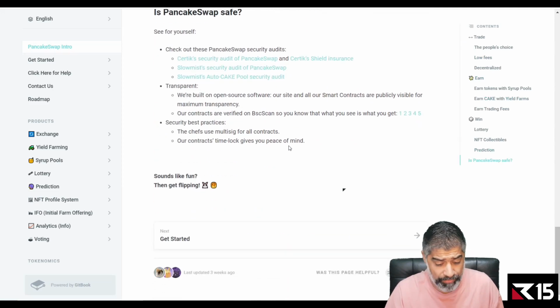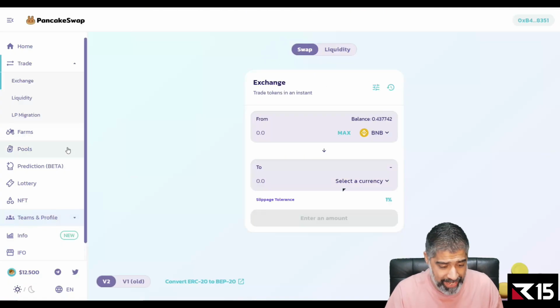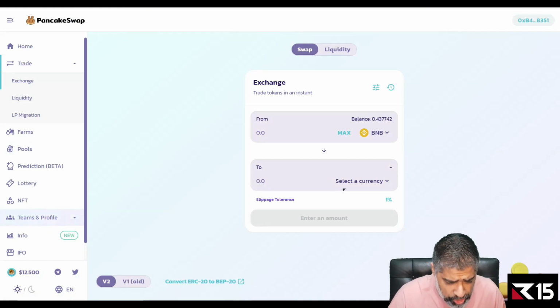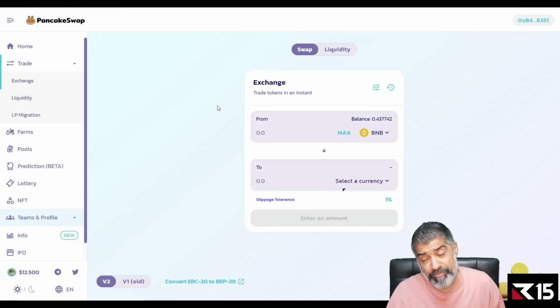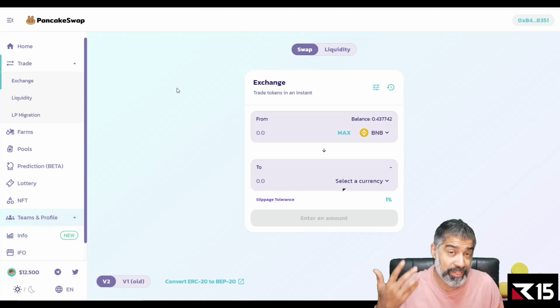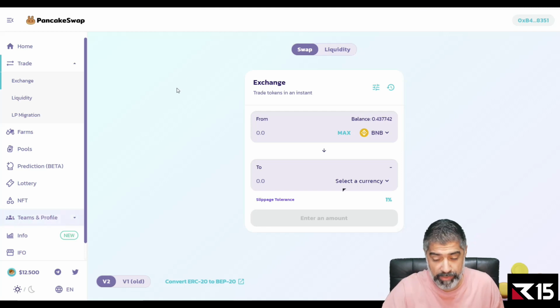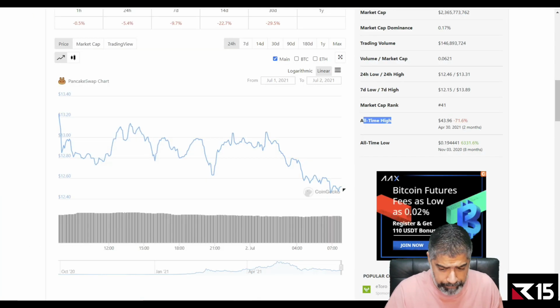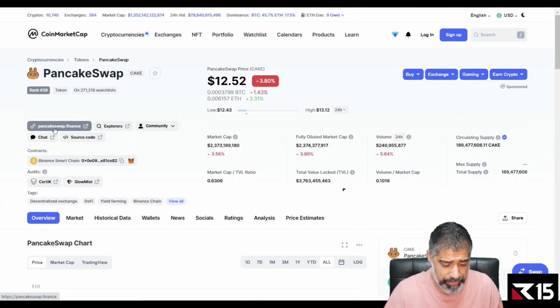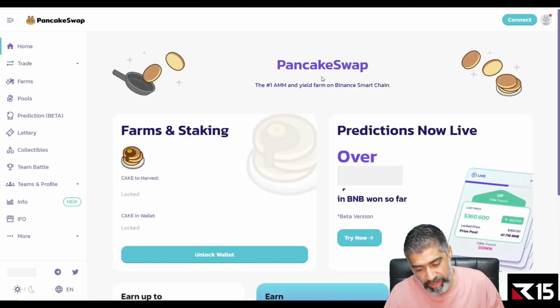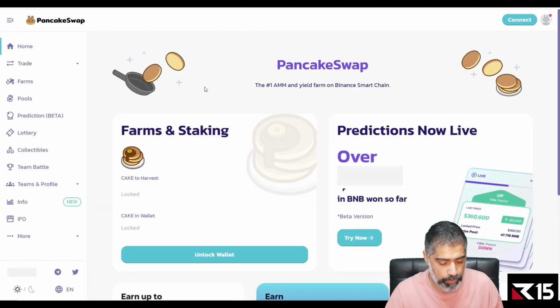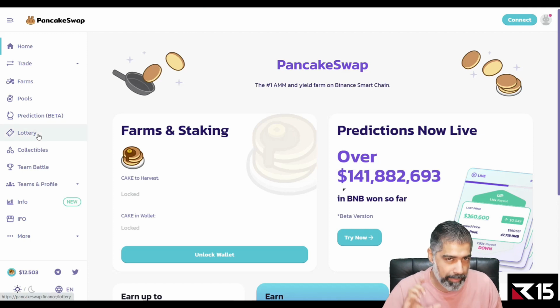If you want to go over this yourself, you can do so on the main website, exchange.pancakeswap.finance. High recommendation, as there are a lot of phishing sites out there, so you just want to be careful from a security point of view. If you go to CoinGecko or CoinMarketCap, it has the website over here. Use that as your reference and then save, bookmark it, or just use it from CoinMarketCap. So when we click this, it opens up the new website, right? That just ensures that you're getting to the right website. It's just a lower probability of going wrong.